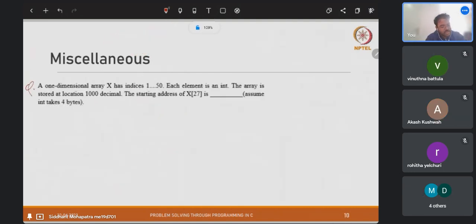Alright, so let's look at the last question. So we have a one-dimensional array X, which has indices from 1 to 50. Now each element is an int, so that has been mentioned, that is important. And the array is stored at the location 1000. Alright, now what is the starting address of X of 27? So that is basically the 28th element of the array,